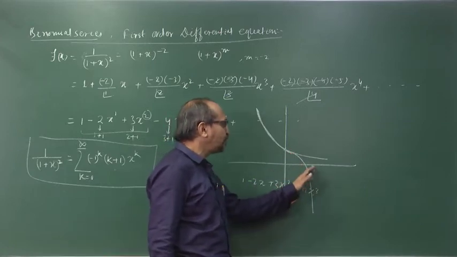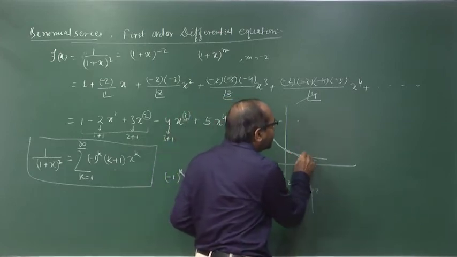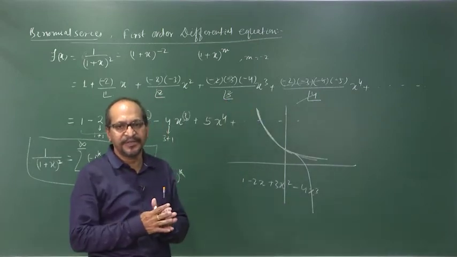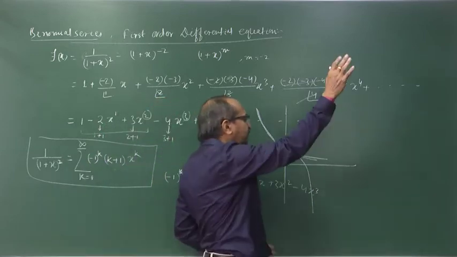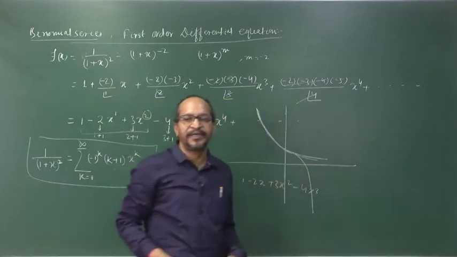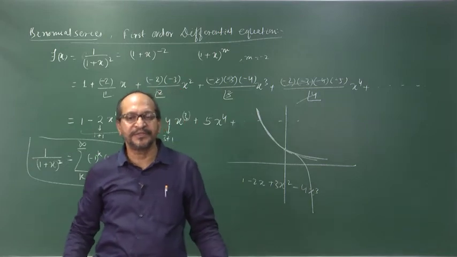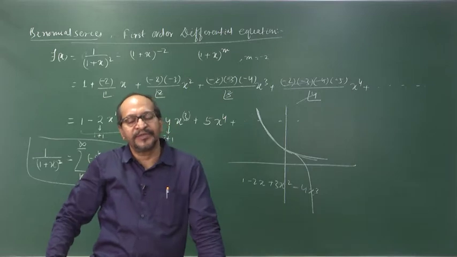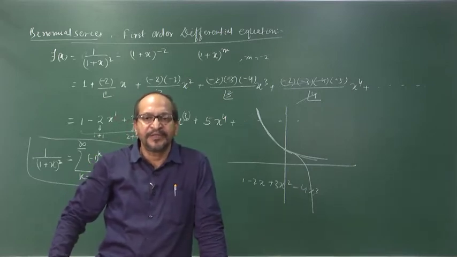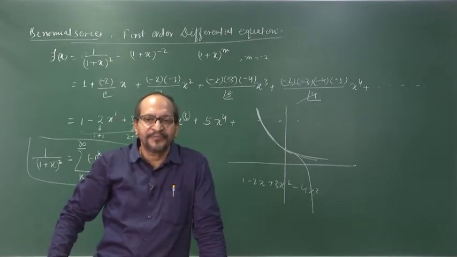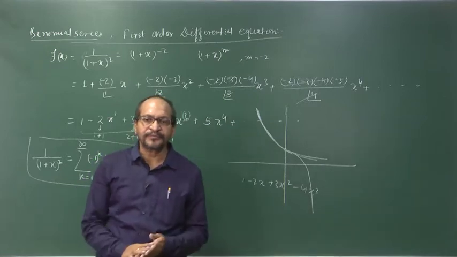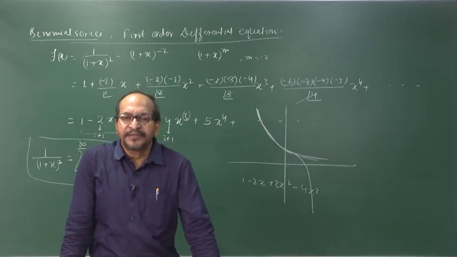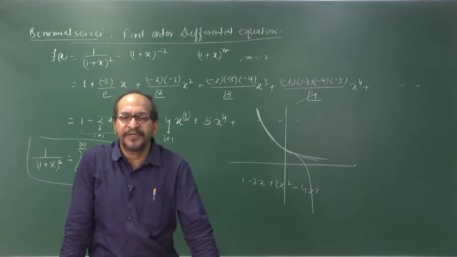If we take more terms, the closer it will be to the original curve, which means the truncation error will be less. When we consider an infinite number of terms, it finally expresses the original function. This is the beauty of power series expansion, or in general polynomial approximation. Okay. So, with this we end this power series expansion, Taylor series and binomial series.